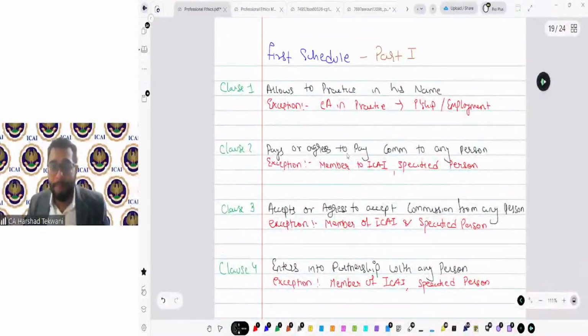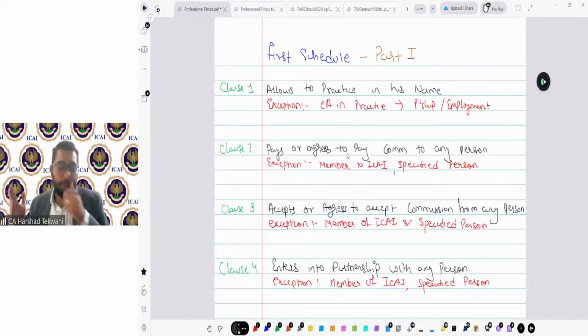This summary will help you to revise this particular topic quickly before any exam or any test or any practice session. So no need to flip multiple pages or different sheets to see what the clauses and exceptions are. I request every one of you to prepare such summaries, because these notes will be very, very helpful for a quick revision. For your quick revision this will be really helpful.